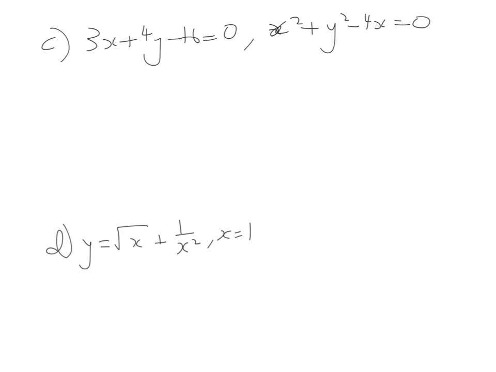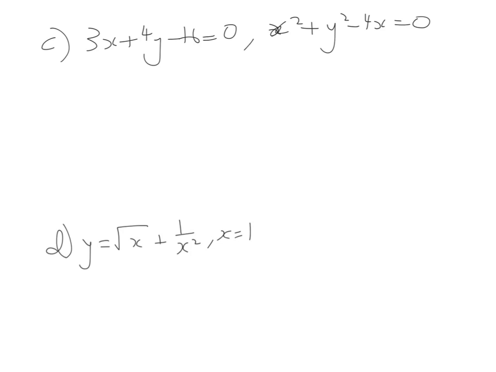Okay, show that this line is a tangent to the circle. Now, there's basically 2 ways to do this. Now, the first way is you can use the fact that a tangent is a perpendicular line to the center of a circle, so the distance should equal the radius. So if we do that,